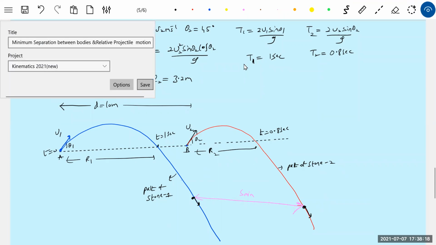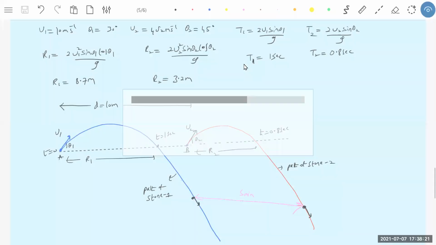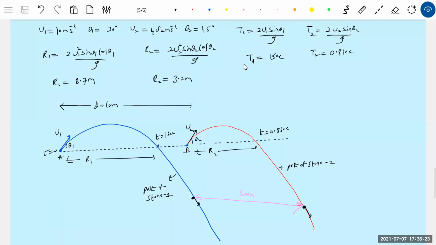Completed. We'll discuss one more problem, then we'll end the class. Sir, you are discussing all the problems where the two stones are projected from the same height. Why don't you change this along the y-axis? Yes, we'll take one problem so that we'll get exact confidence, whatever the situation. Shall we call this dotted line the ground? They cannot go into the ground. So therefore, the question is given: projected in a gravitational field.